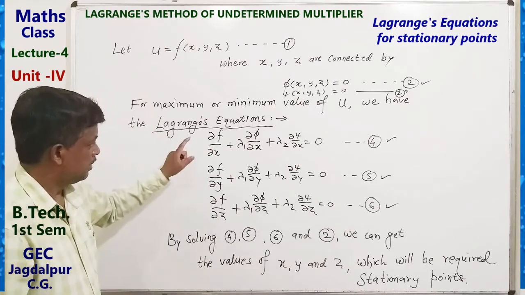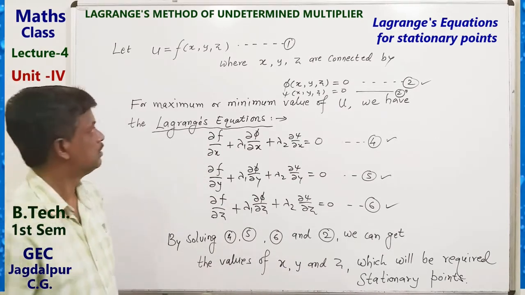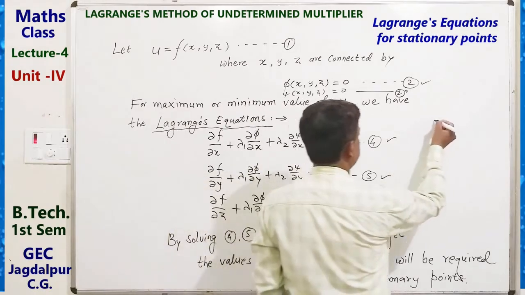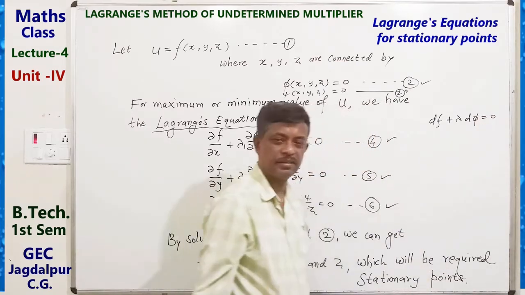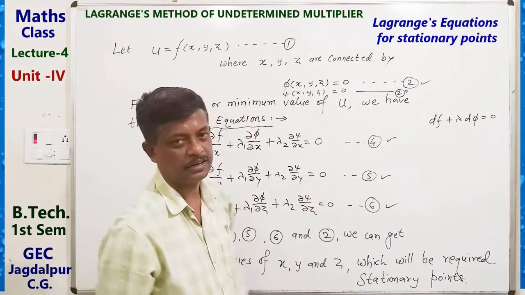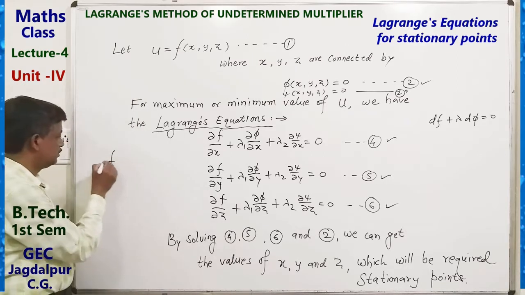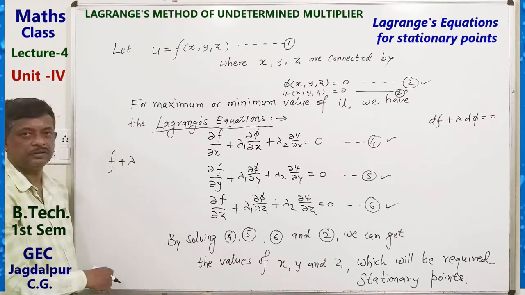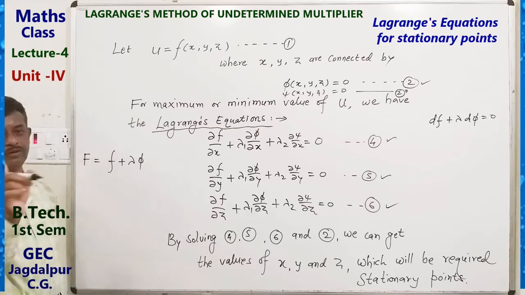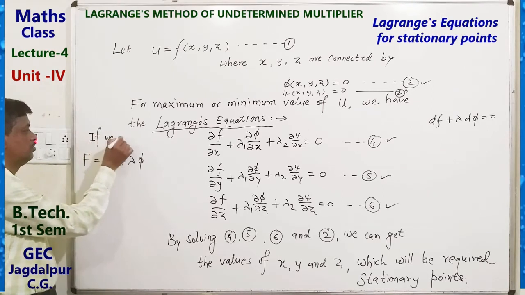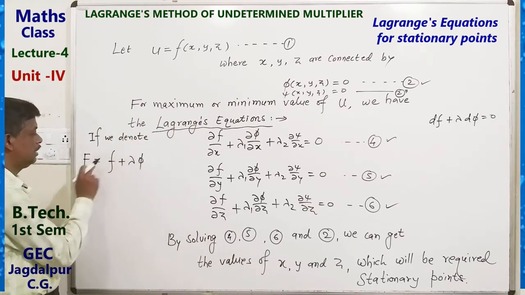Okay, now for finding this relation we can also write it as, just we write d f plus lambda d phi equals to 0. If we write the relation like, suppose this is the given function f plus lambda of phi and it is denoted by capital F. If we denote it like this, then